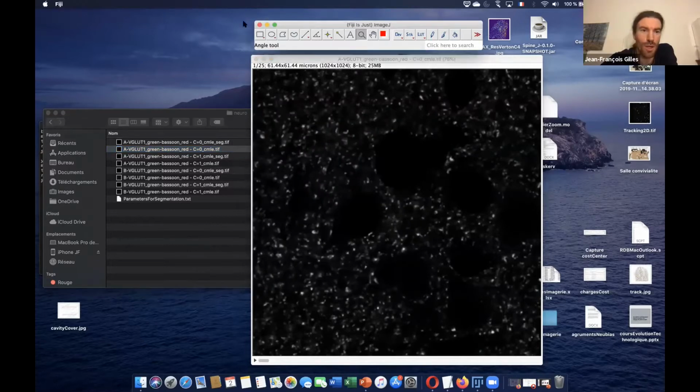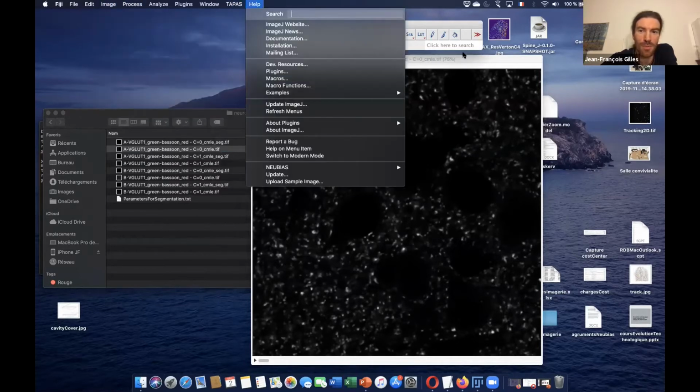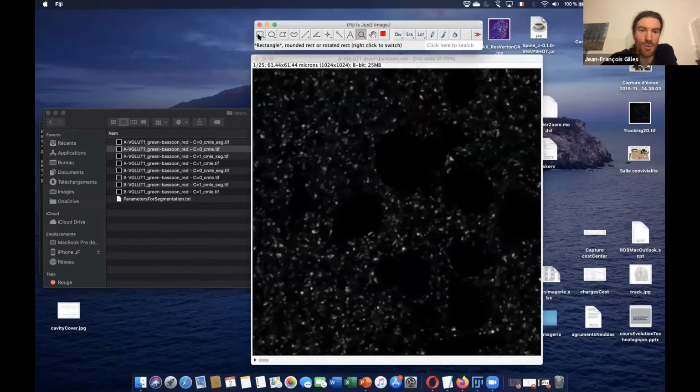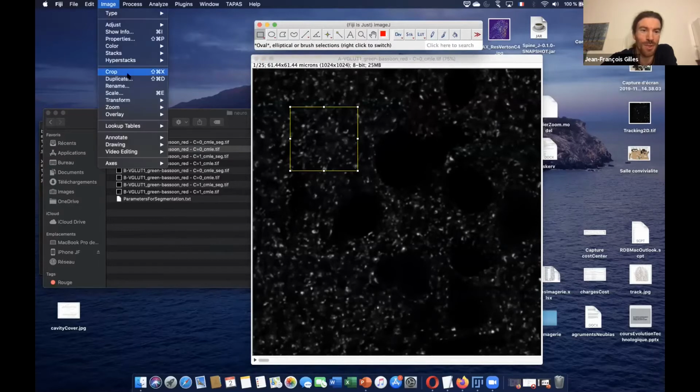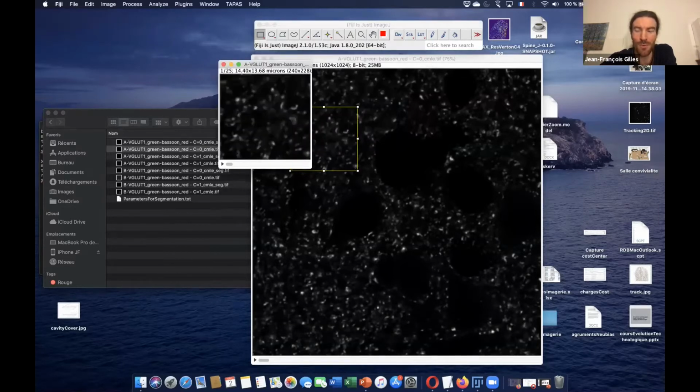Yes. So I will just take a small piece of this image to be faster, because I know the 3D object counter takes a lot of time to do the segmentation.